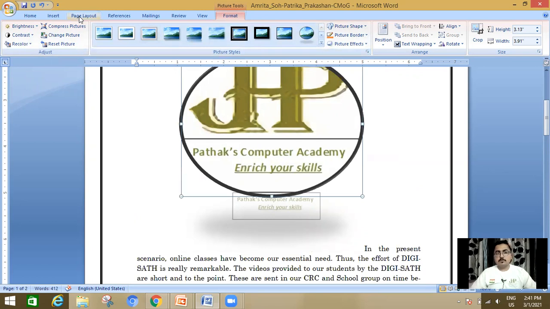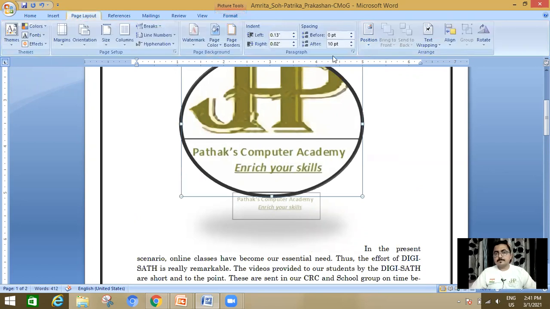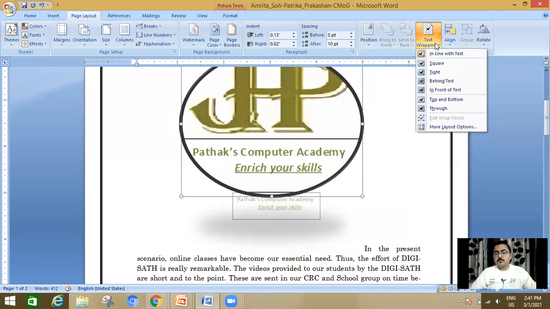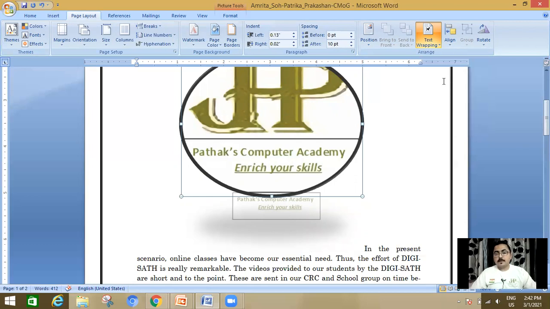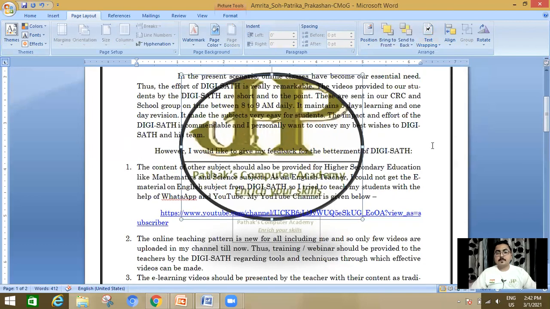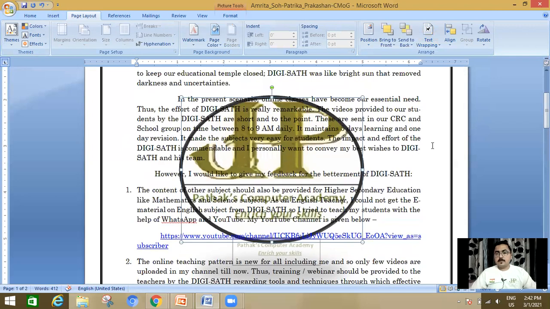Go to the page layout tab, click on text wrapping. Now, various options will appear: in line with text, square, tight, behind text. Now, I'm going to take this one. The picture will appear behind the text. Here, you can see that. Okay.